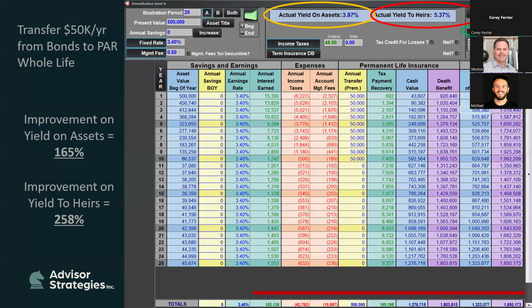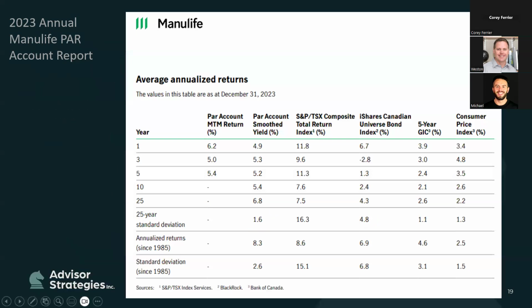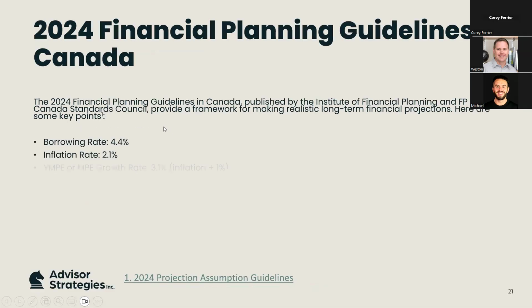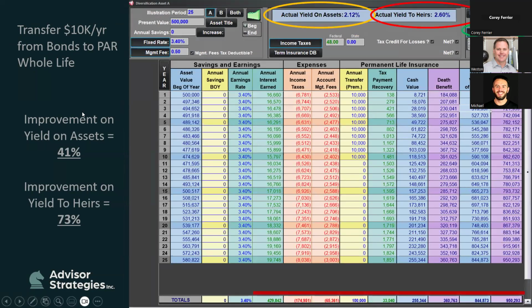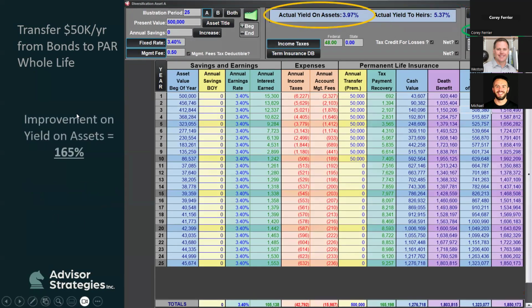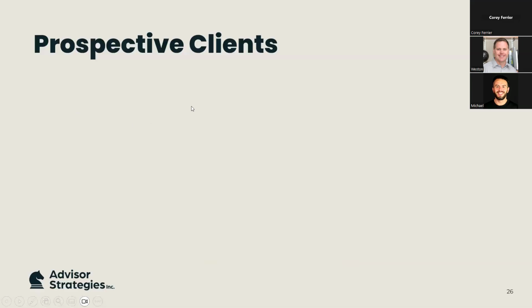Yep. And it's definitely powerful when you're showing the bond fund that was going to increase to 750 grand versus now having 1.8 million. You added $1.1 million to that family's net worth. Oh, absolutely. And like I said, all you're doing is shifting the money from one pocket to another. So you're not going into anything crazy or adding a really off-the-wall strategy. As Mike showed, Canada Life has been around 170-plus years, Manulife is over 90 years, Sun Life is 125-plus years, and they've all paid dividends consistently without missing a single year.